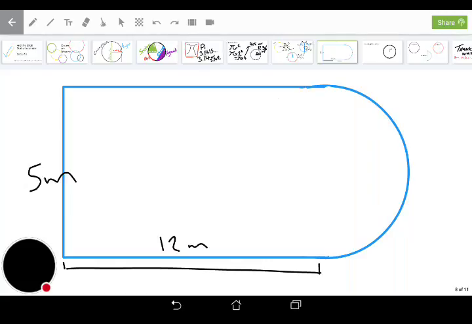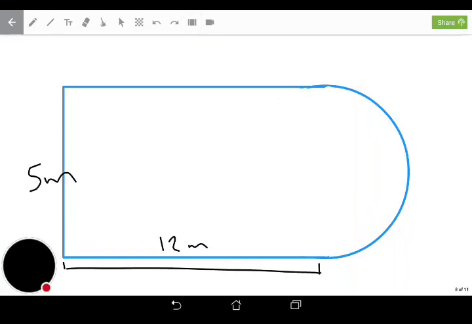Now, this one on the board right now, it's a slightly more difficult one, in that you've been given a rectangle, and it's got